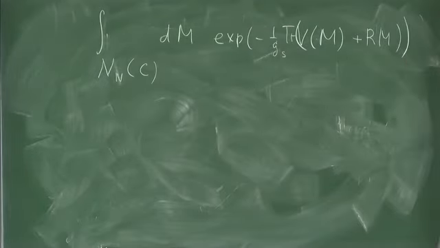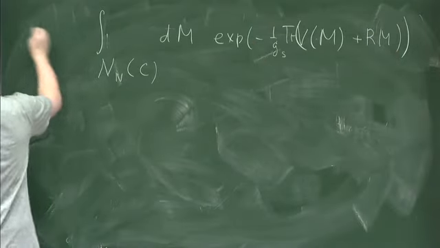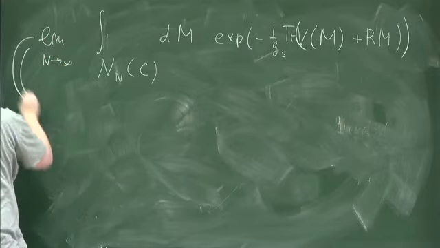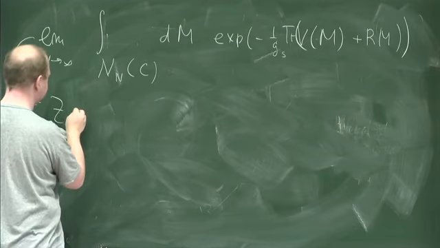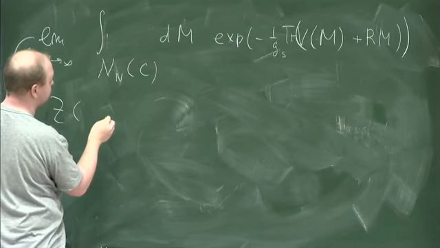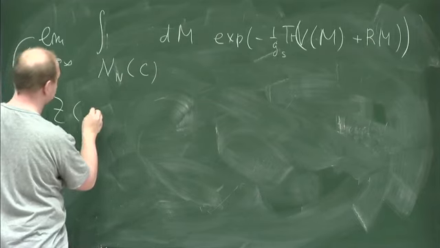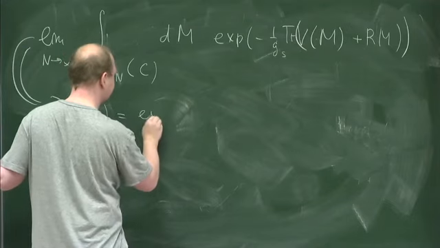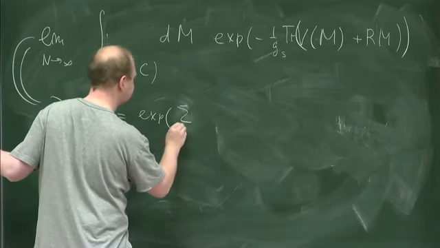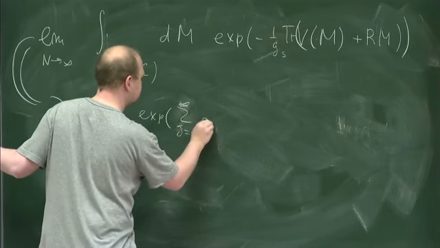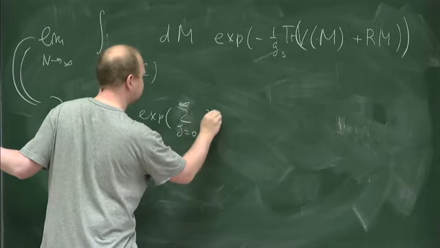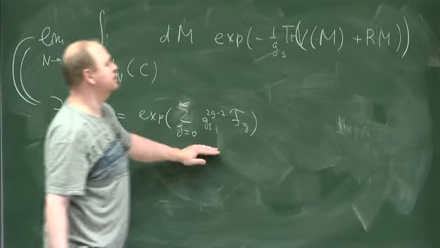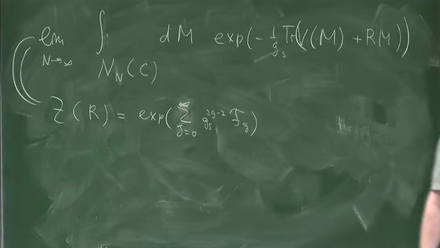And so in fact, people take the limit for n to infinity, and they denote it by Z. So it's a partition function that depends essentially on R, and nothing else. And we want to say that it's actually exponent of some sum over g from 0 to infinity, gs to the 2g minus 2, of some Fg. So this is called partition function, this is free energy, this is external field on which everything depends.